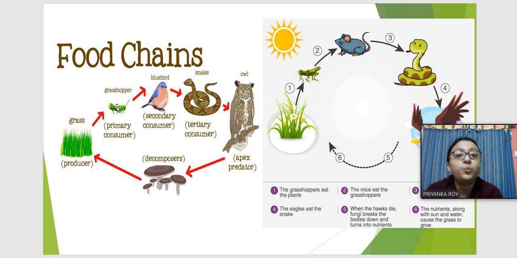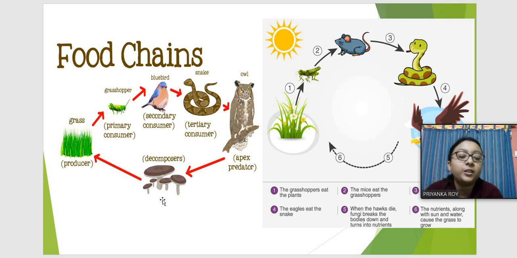So the primary consumers are mainly herbivores, and then it comes to the secondary consumer, which are carnivores, and then goes to the tertiary consumer, which are also carnivores. They may be omnivores as well. They can feed on both green plants as well as some other organisms. And then comes the apex predator, and then when they die, then the decomposers take over, and then again the